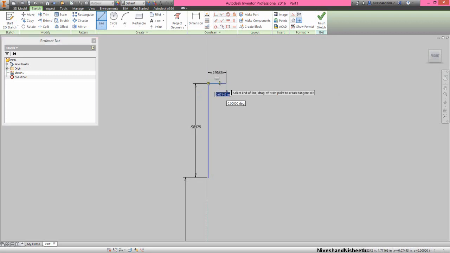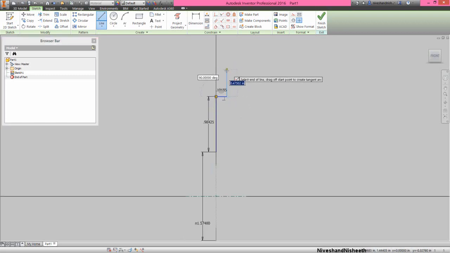Now we will draw some more lines on here, something like this, and apply the dimensions on here.